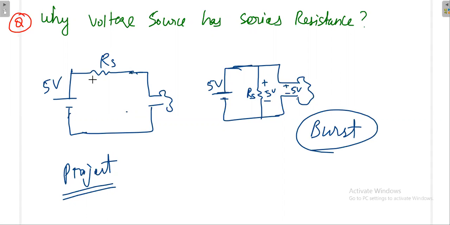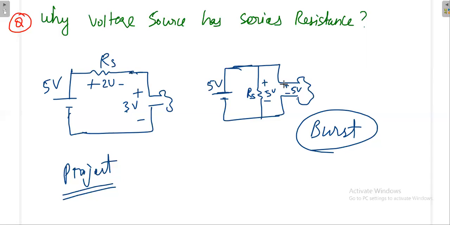Some voltage drop will be here, say 2 volt drop will be here. Only the remaining voltage will go here. That means the desired voltage has to appear across the device. But once we connect like this, it is not changing anything. Directly that 5 volt appears here. No use. Once we connect a resistance in parallel with the voltage source, it will not modify the circuit characteristics. It will not change the load current or the load voltage.